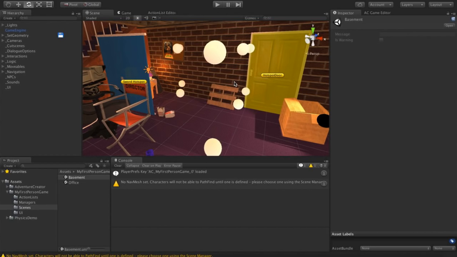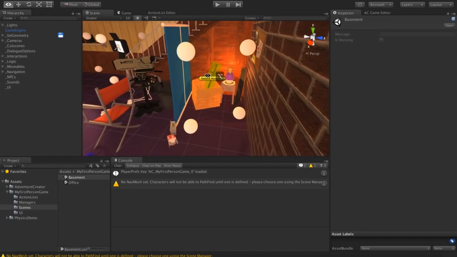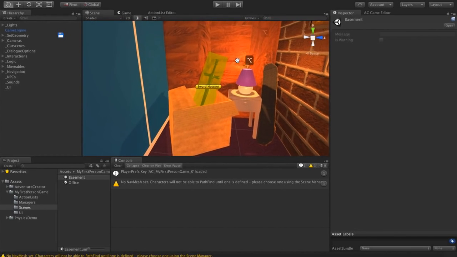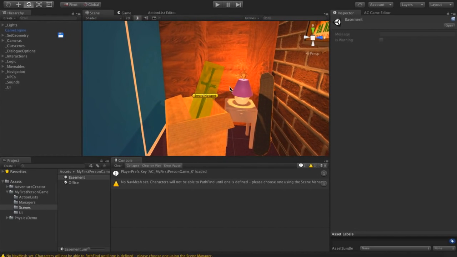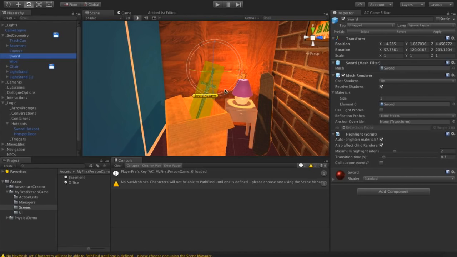But when it comes to specific game objects within your scene, we need to flag up what it is about these objects that we need saving. So for example, in the case of this sword that we were working on earlier, we have our sword hotspot and our sword mesh. Now the mesh we make invisible and the hotspot we deactivate.